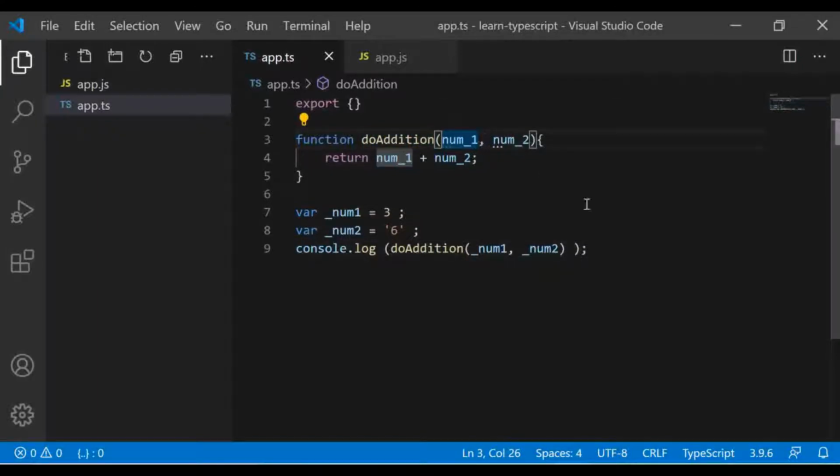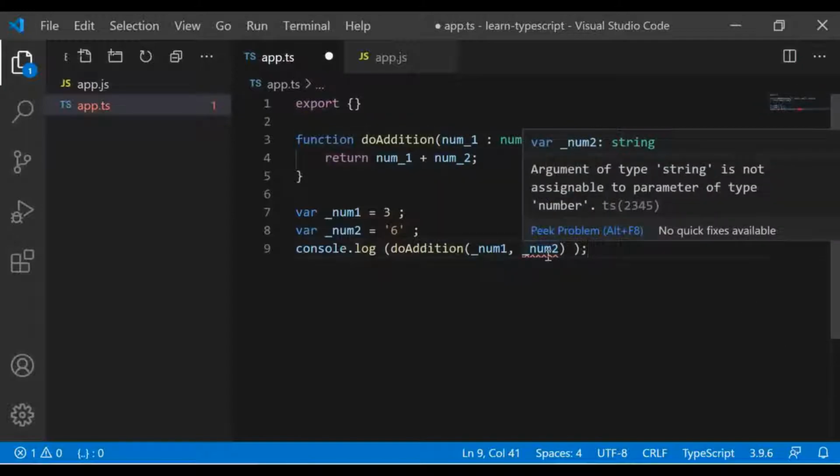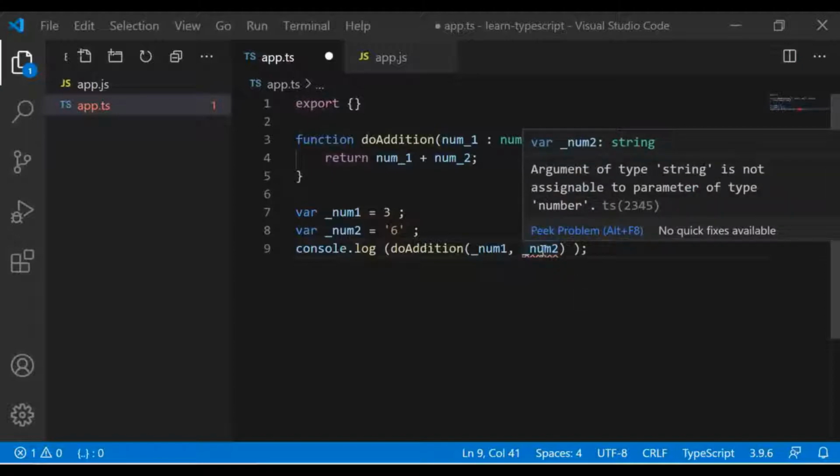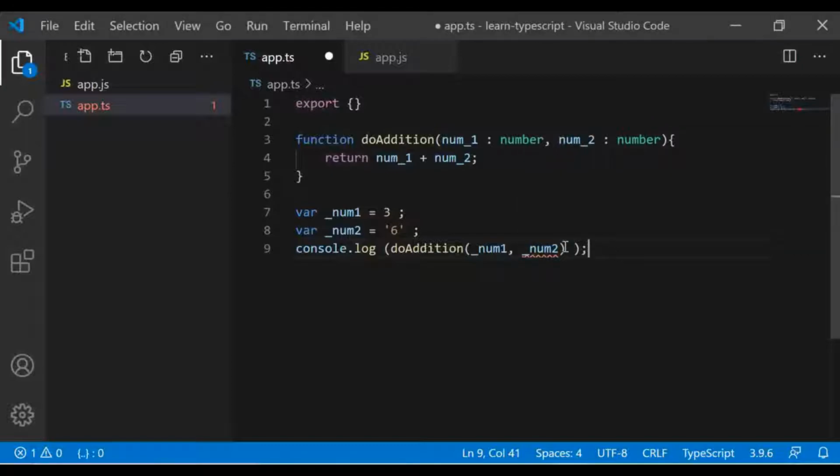now let me do a small change here. I'll add the type of this argument here, called number. The moment I change the type here, you can see I'm getting: argument of type string is not assignable to parameter of type number. So this is what TypeScript brings to the whole JavaScript scene, some kind of intelligence to the language. Okay, this may seem really trivial, but in a real-time scenario, it can give real benefit.